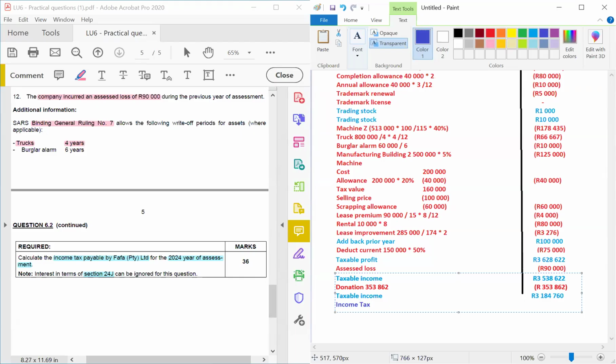Income tax, I would take 3,184,760 and multiply by the rate that they charge for companies, right? So what rate do they use? They use 27%. So I will now multiply that with 27%, and that gives me an income tax that is obviously payable, because now we've got a taxable income. If you got receivable, then you made a calculation error somewhere, because they told you that this is an income tax payable, right?